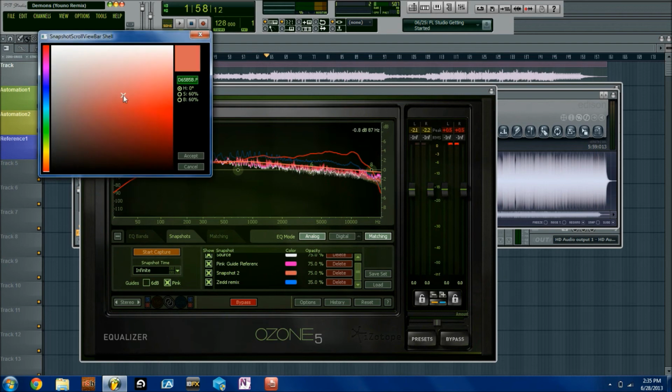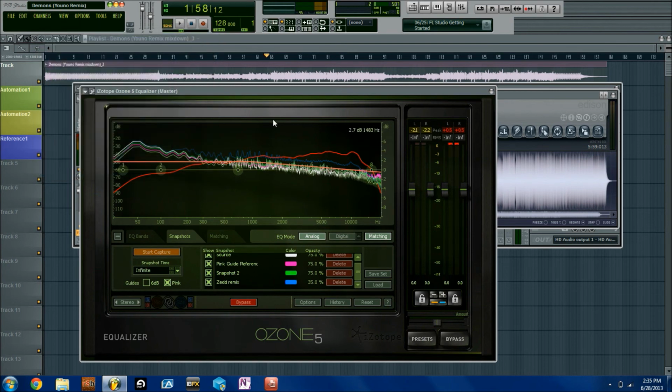So, snapshot 2 here. Let's make it really obvious. What's a really obvious color? Neon green. Right there. Okay, so Z reference. So, let's spell it out here. Do that. Okay, so the